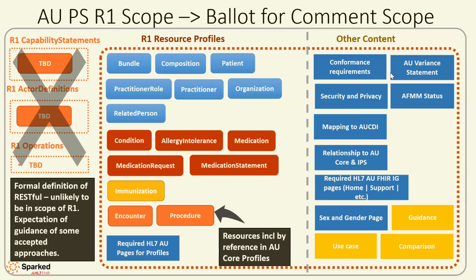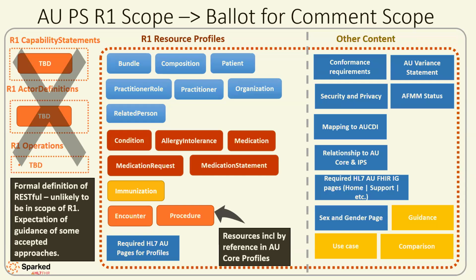And we walked through pretty much all of these when I did that walkthrough back in, I think it was February 7th, maybe, in our call on what is in the Patient Summary FHIR IG, where we will have to have an AU variant statement page because of HL7 AU requirements. We must always, for every single FHIR IG, be explicit on our security and privacy considerations. Even if we don't have any, we need to be clear about that. We must have conformance requirements in our FHIR IG, or be clear about where we land on that.